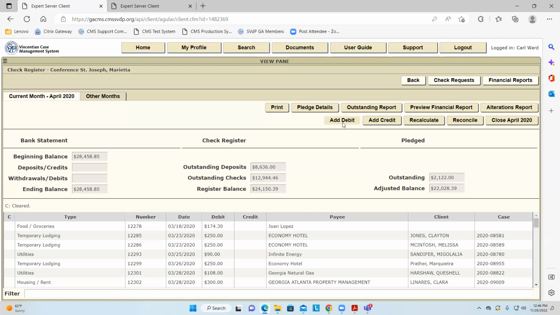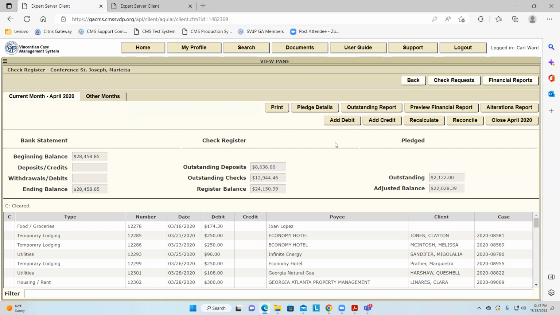Okay, now we're going to get into some of the meat here of added debits, added credits. Will a voided check show up on this page is the question? Yes, you'll see when we void it, you will see the void in the type field for this check. If I decide to void that check, that will go away and void will show up, but we'll get there in a minute. So let's start with add debits, okay?